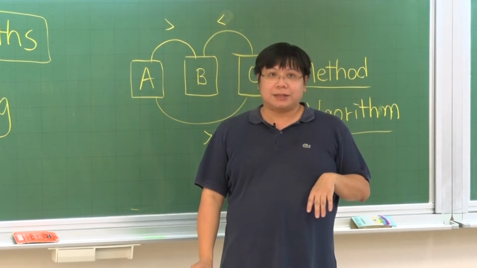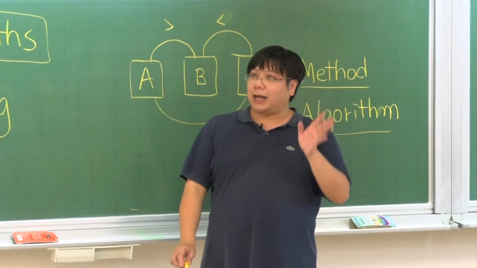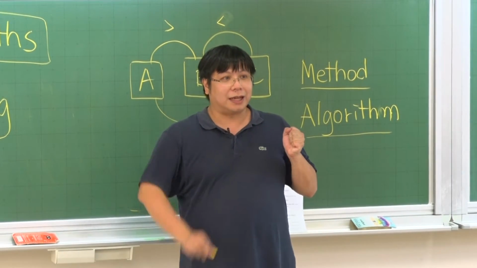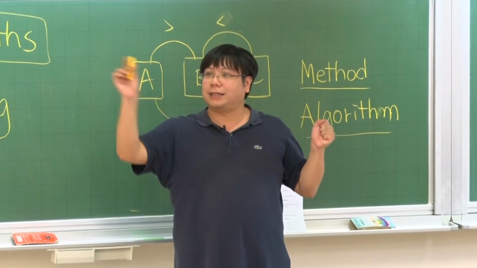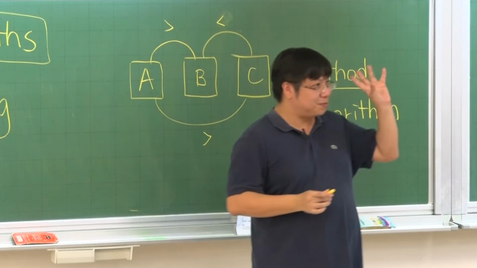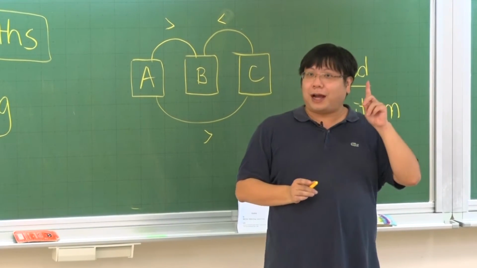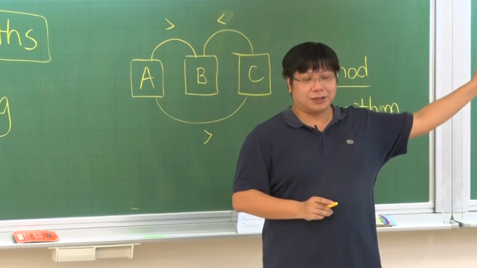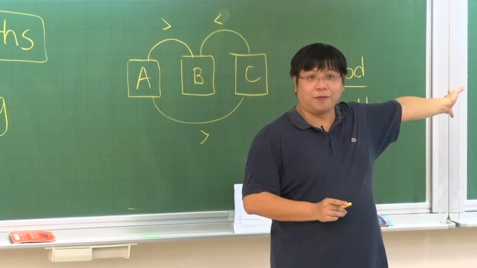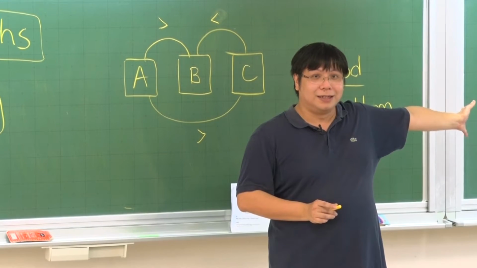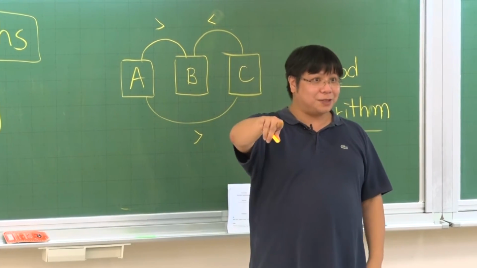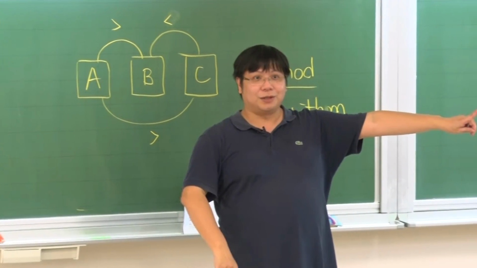I'm actually showing something like this. If a problem of size n-1 can be solved, then I can solve a problem of size n. Or put it in an easier way, so I'm saying something that is very clumsy. If I can sort n-1 numbers, then I can sort n numbers using this method of all comparison. If I can sort n-1 numbers, then I can sort n. The reason is that